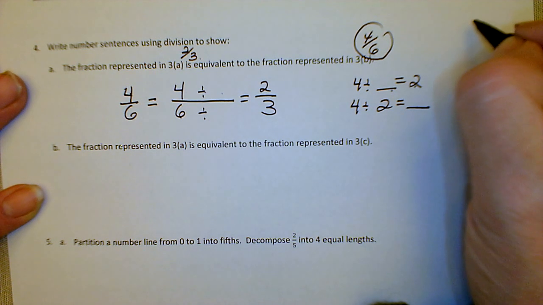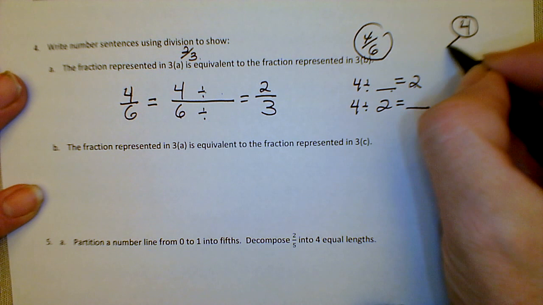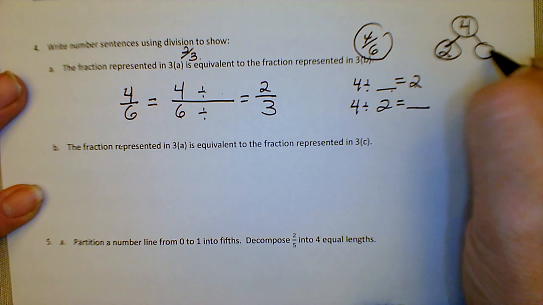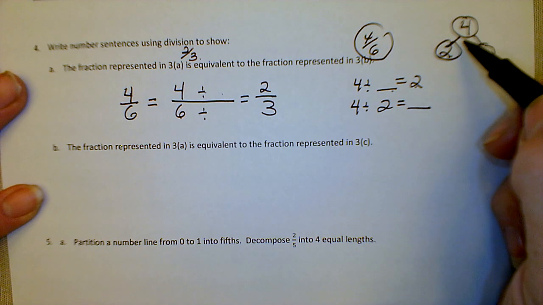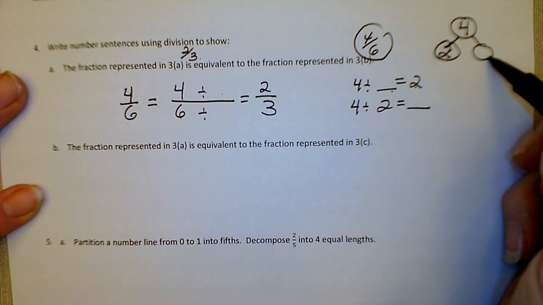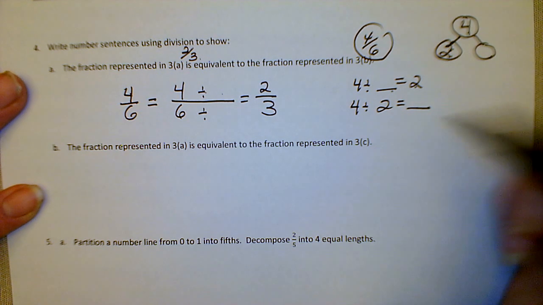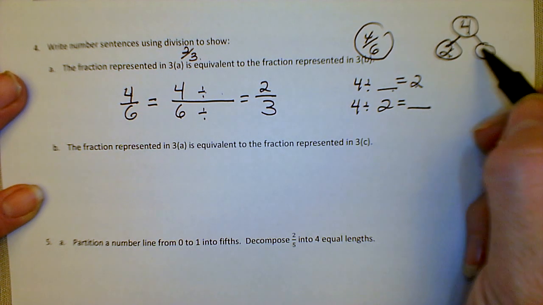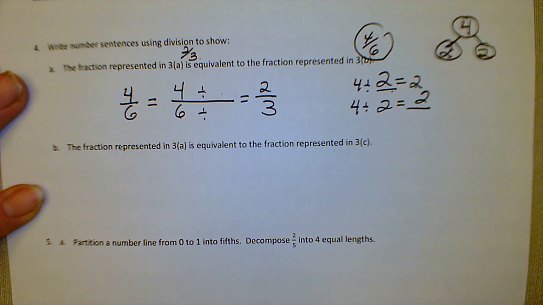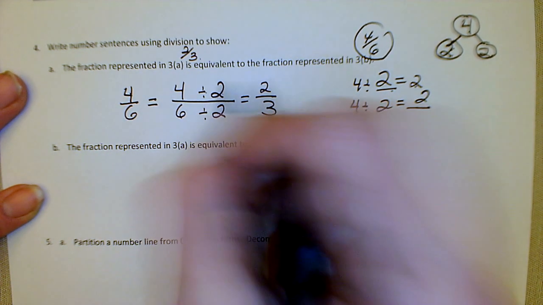The reason for this again is because I can say that I have 4 as my whole and that 2 is a part. What is the other part? Well, 2 times this number is 4, or 4 divided by this number is my missing number, just like 4 divided by my missing number is 2. So when I do that, I realize that all of these are 2's. So now I know 4 divided by 2 is 2, and I can go ahead and put that into my